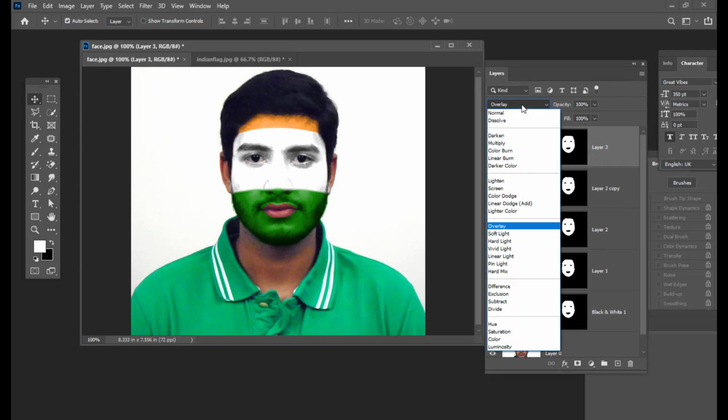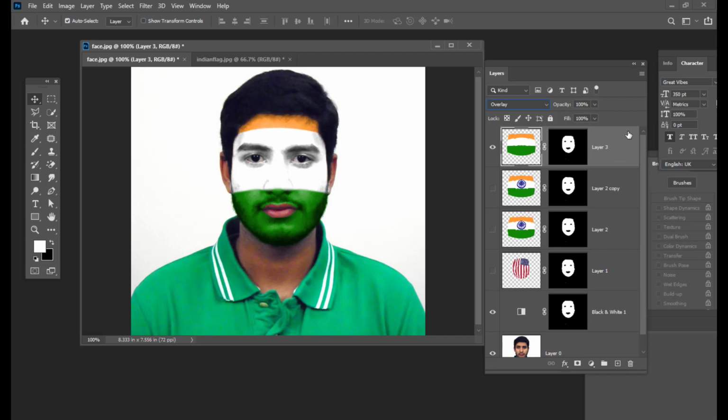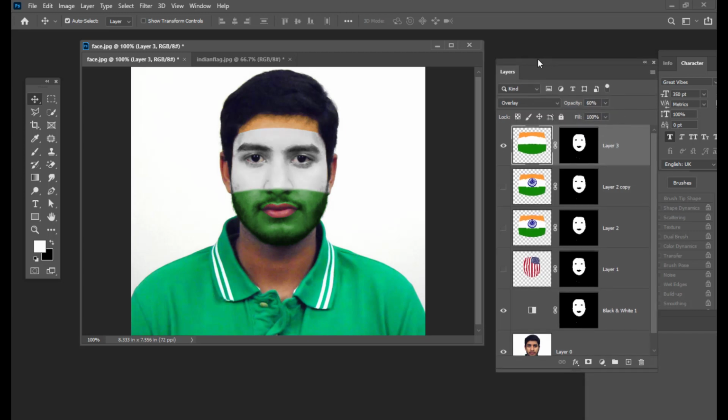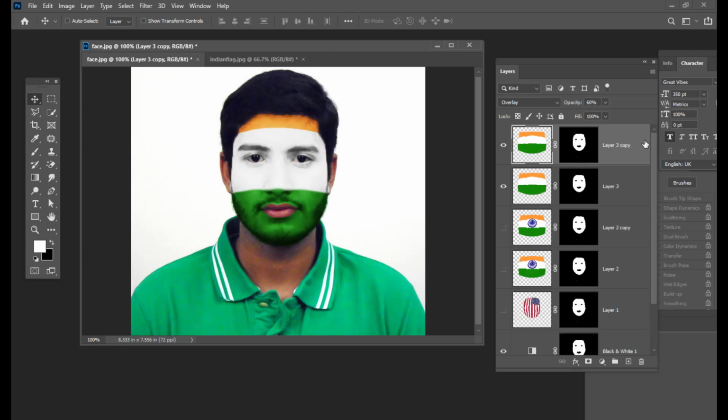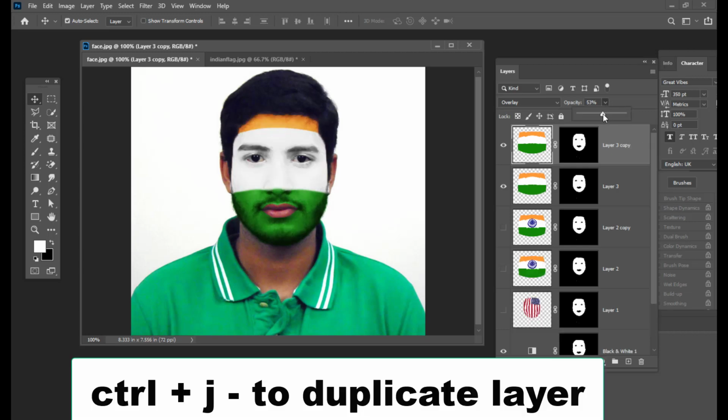We can try other blend modes such as color burn. Okay, color burn is not so interesting here. Overlay looks nice, and soft light also looks nice. Overlay is a little bit dark, so we can reduce its opacity, right? In case you want a little bit more darkness, you can duplicate it just by hitting Ctrl J and again reduce its opacity a little bit. Now we can get a perfect result,